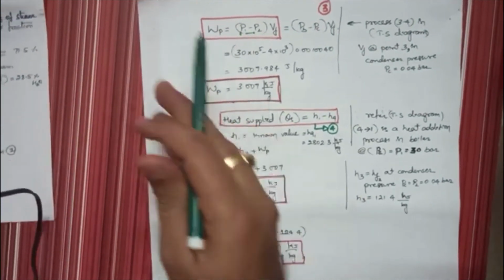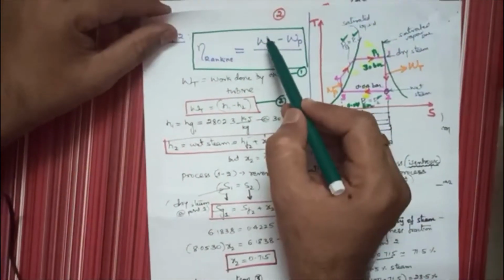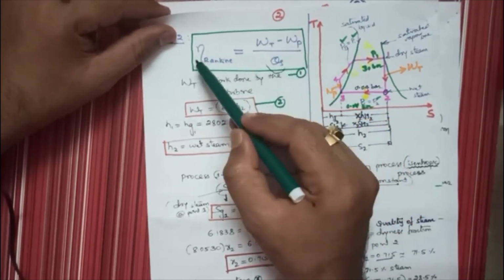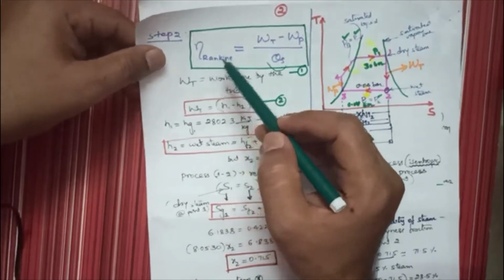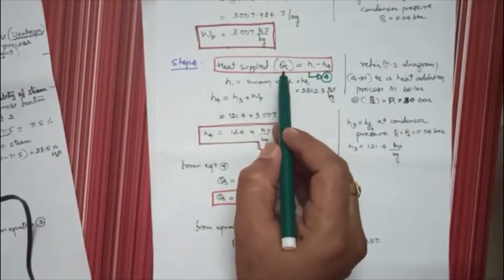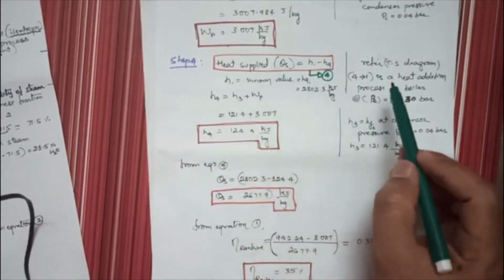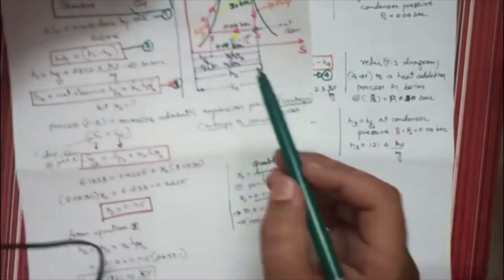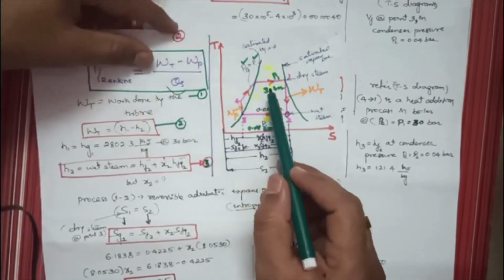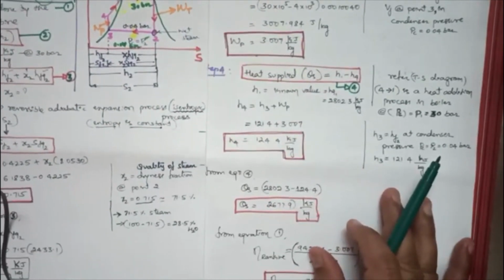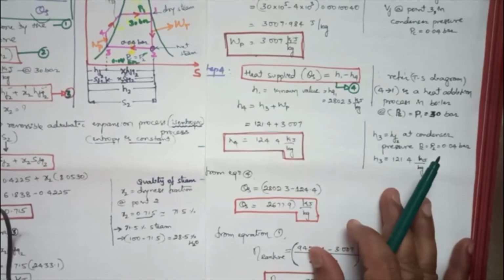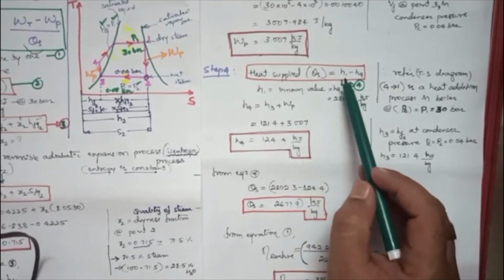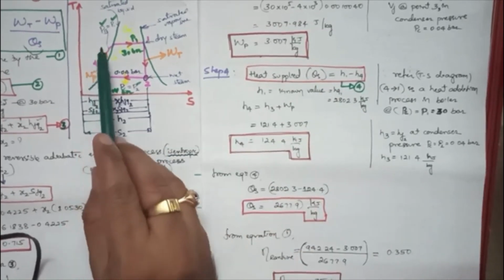So using equation number 1, WT you have calculated, WP also you have calculated. Now you have to calculate QS to find the value of Rankine cycle efficiency. So heat supplied is QS, heat supplied is in the boiler. So refer TS diagram, 4 to 1 is heat supplied. Here 4 to 1 is heat supplied. Okay, here I will keep both the pages, it will become easy for that. So heat supplied is 4 to 1.